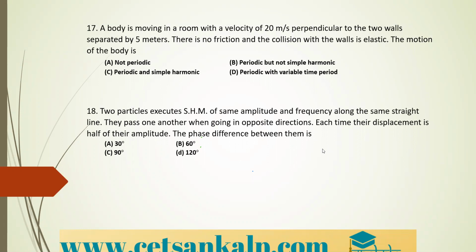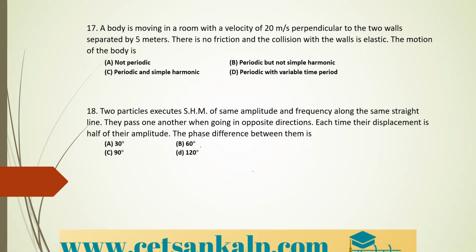A body is moving in a room with a velocity of 20 meters per second, perpendicular to the two walls, which is separated by 5 meters. There is no friction and the collision with the walls is elastic. The motion of the body is, see here what values they have given. Velocity of the body is 20 meters per second, but it is moving perpendicular to the two walls, which are separated by 5 meter distance. There is no friction and the collision with the walls is